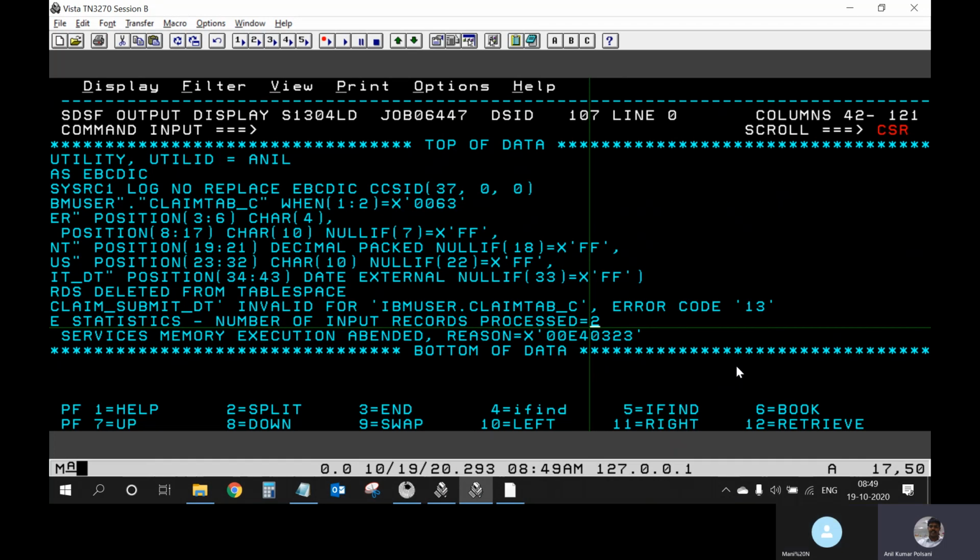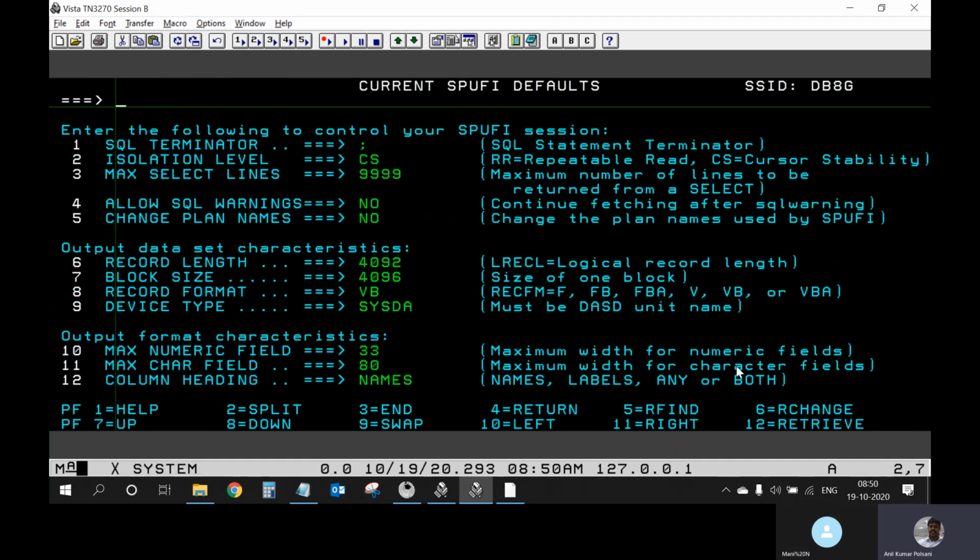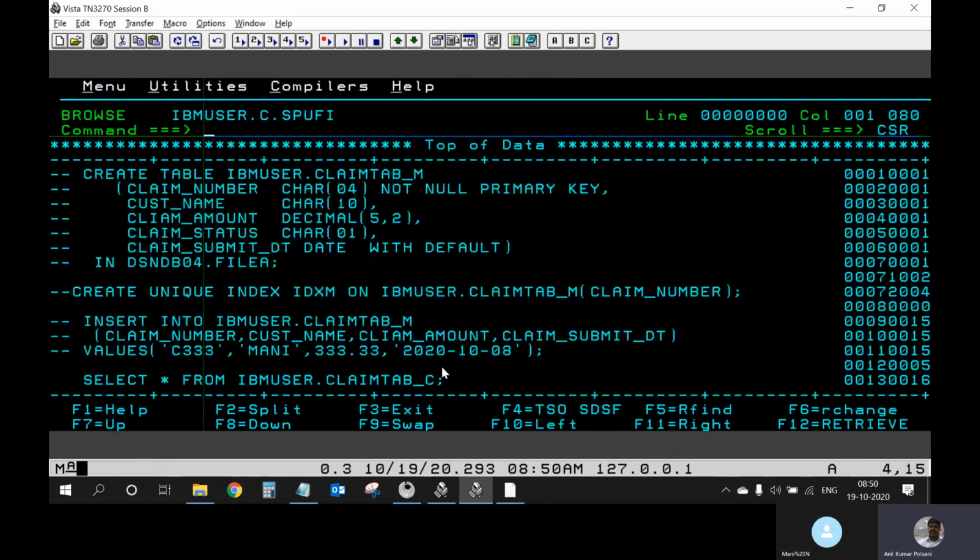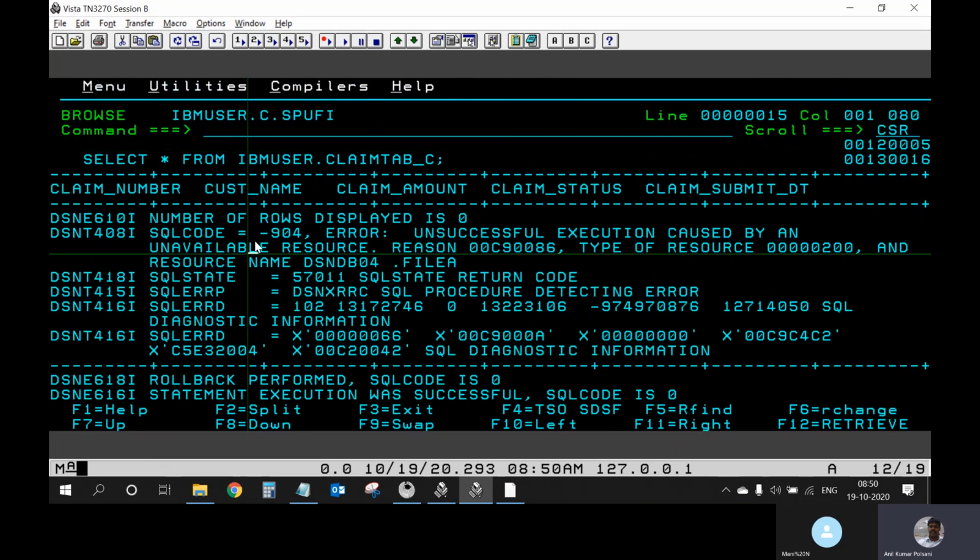Now, look at this scenario. If you run the query now, you get minus 904, because the table space is now in unavailable status because it has been locked and it has failed as well.